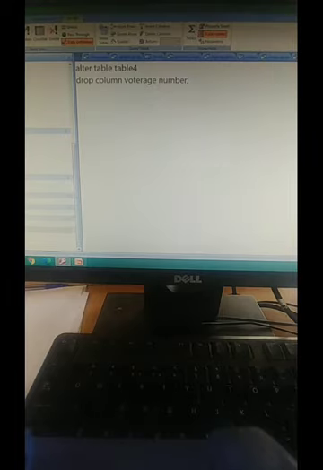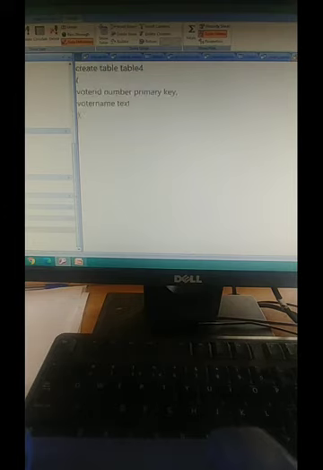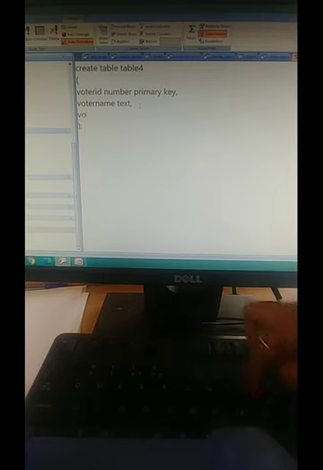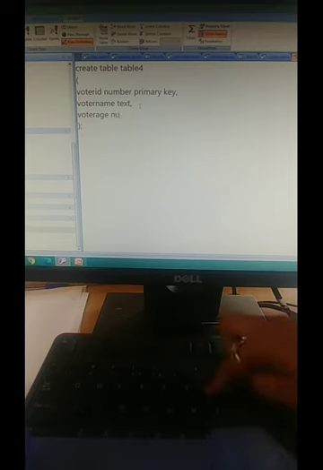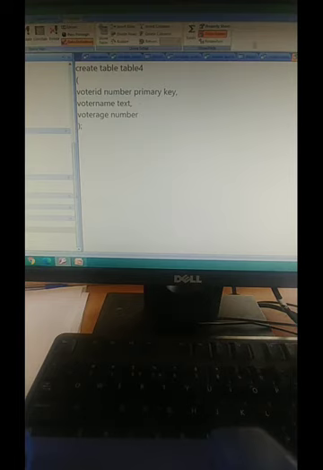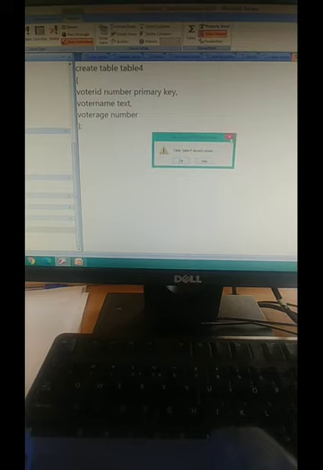Okay, I have given number. Now this voter age I have given, I want to delete it, but it is not there in my table. I'll first add it, using this create table only. I'll give voter age, comma, number. Then I'll save it and run it. It's already there.